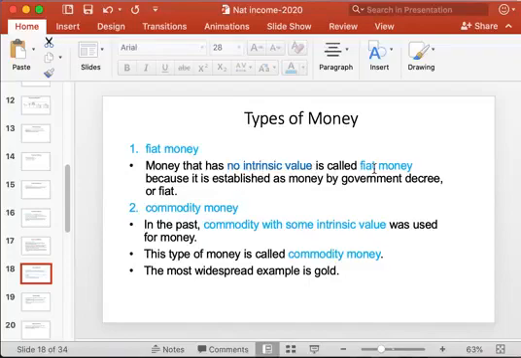It is also called fiat money because it is established as money by government's order or by government decree. And commodity money used to be used for exchange of goods and services,